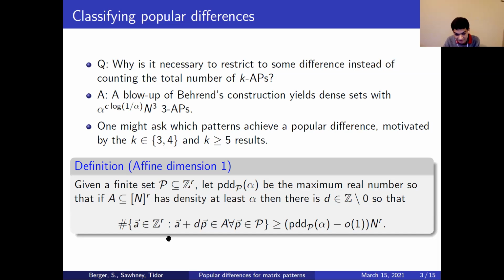To be very explicit about this, if we count the number of starting points such that the entire pattern, when scaled by D, is in our set, then you have at least PDD times N^R